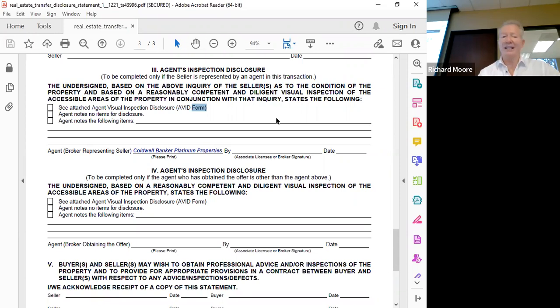So in the event somebody has a revocable trust and the property is transferred into their revocable trust, if they have occupied the property, or if they own the property, actually still through their trust, they have an obligation to provide a TDS. If the person that owned the property transferred that property into their revocable trust now dies, and the person who's administering the trust, the trustee, if that person has lived on the property during the last year, an exemption does not exist. But if the trustee of the trust has not occupied the property during the last year, and assuming they're not the ones who originally owned the property, an exemption exists.